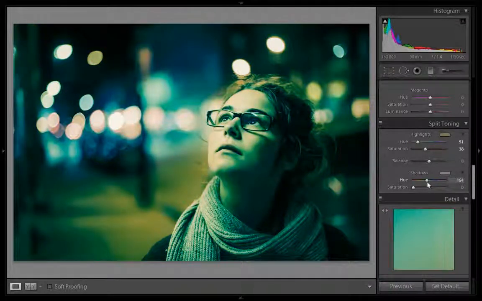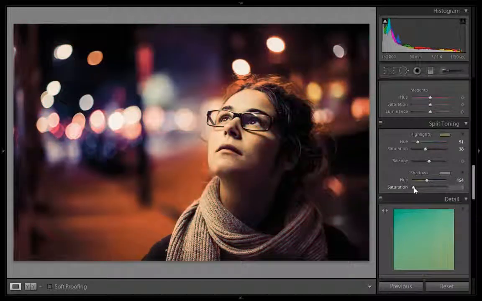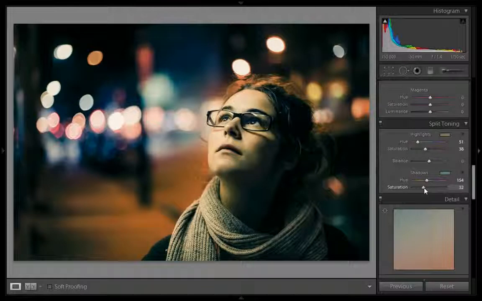I want 154, like a cyan green shade. Then you can boost the saturation up to 30, up to 32.